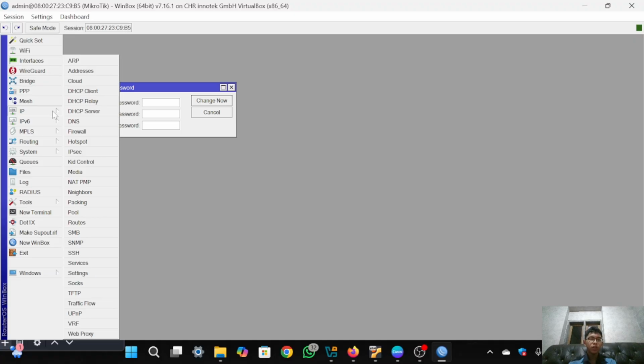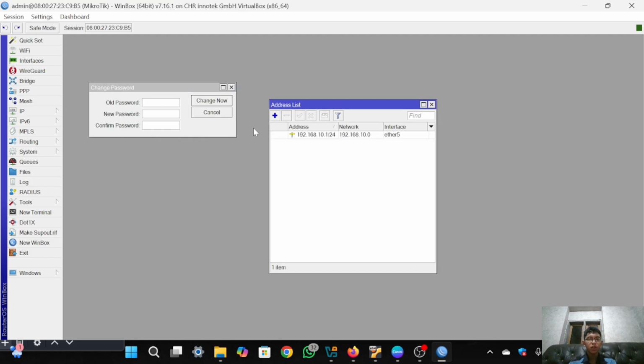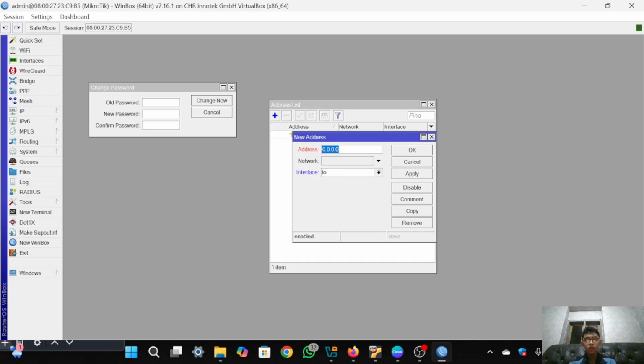To add the IP address to the MikroTik, first click IP, then click Addresses and click the plus icon. Then you can fill the address as you want. So I will fill the IP with this IP.